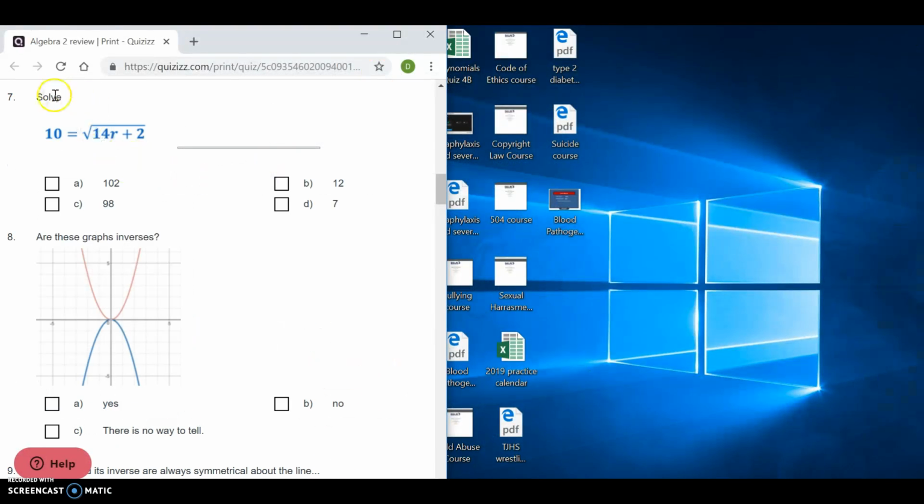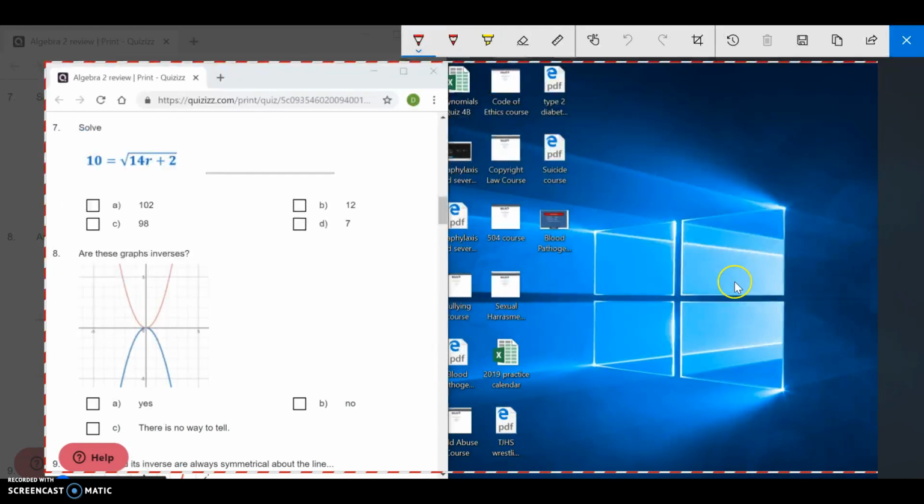All right, for number 7 here, you can also use nsolve on your calculator as an option, the same way I just did the one earlier. Also, to get rid of a square root, the easiest way is to square both sides. So I'm going to take this and square it on both sides. By doing that, that gets rid of the square root. So this becomes 100 equals